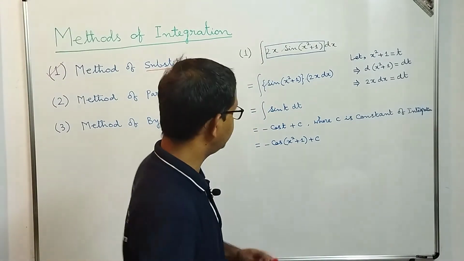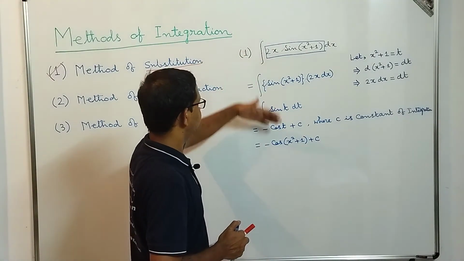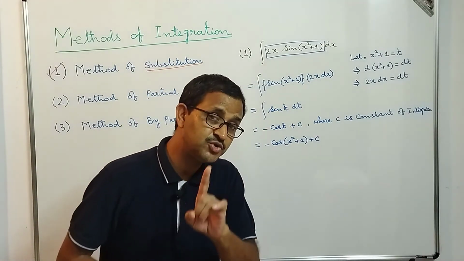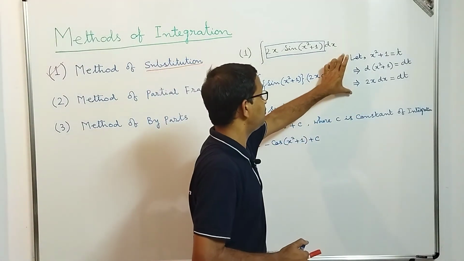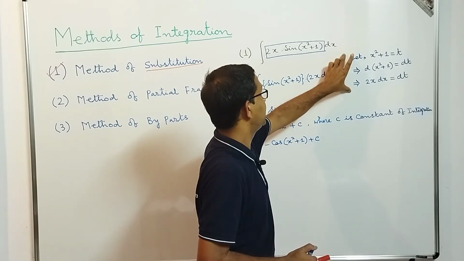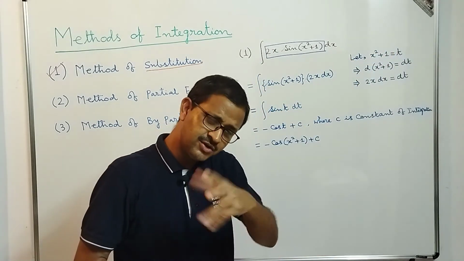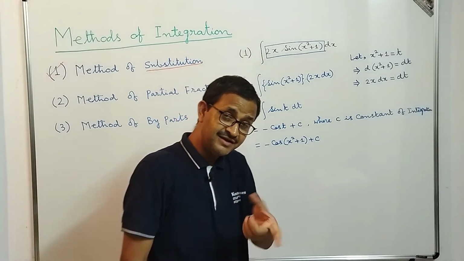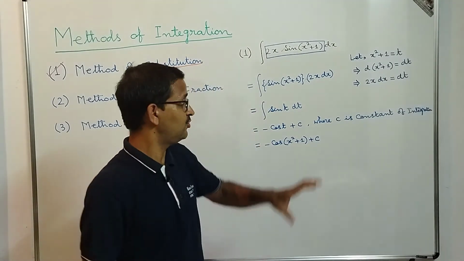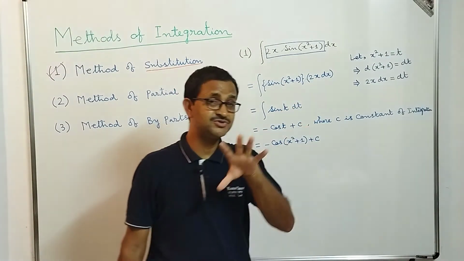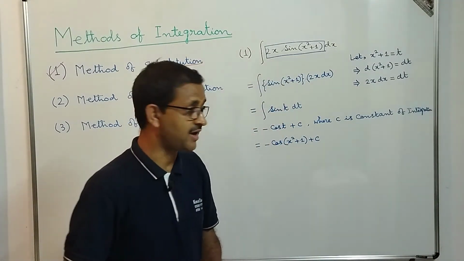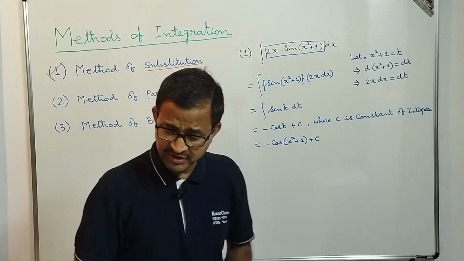So this is the required value of the given integration. You see, dear students, that by means of that substitution, how easy it became to integrate. But what you need to know is how to decide the substitution. If we make x square equal to t, it could have been difficult. It is not the right way of substitution. As I said, a little bit of experience is required to decide what substitution you can make, and that experience will come with a little more practice. Now let's look into the next question.